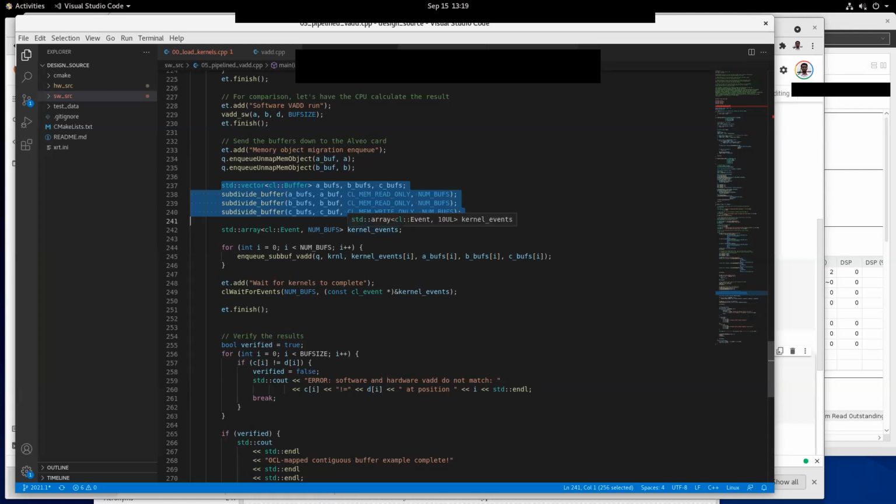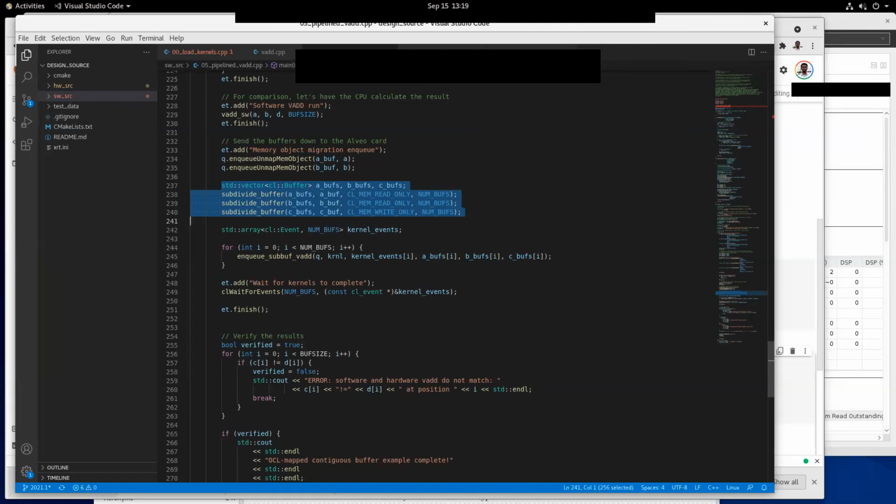They are memory, arrays, buffers. They are subdivided into sub buffers, into smaller buffers, into chunks, and the pointer to each of the sub buffers is present in A underscore buffs, B underscore buffs, and C underscore buffs.